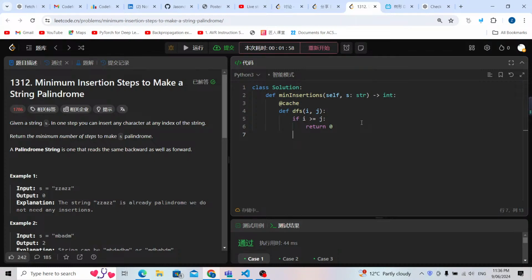Now we're gonna check if they are equal or not. So if s[i] equals s[j], this means we're gonna check the subproblem. The subproblem is gonna be i plus 1 and j minus 1. Else, if they're not equal, so I'm gonna